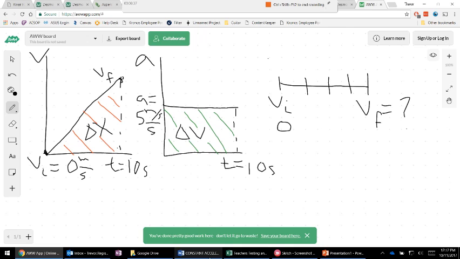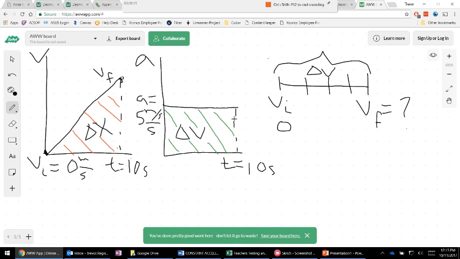Delta V is the gap right there. So if I know what delta V is, I can say initial velocity plus the change, and that'll give me my final. So to get my delta V, I have to find the area of this shape,